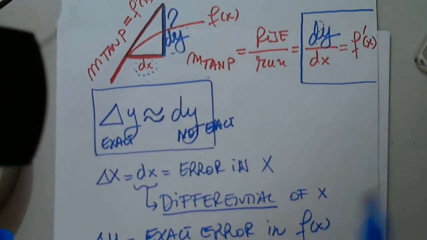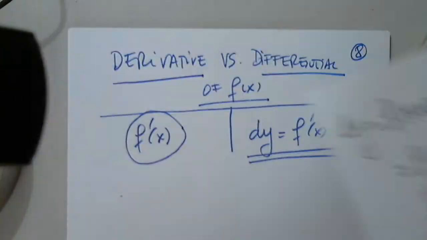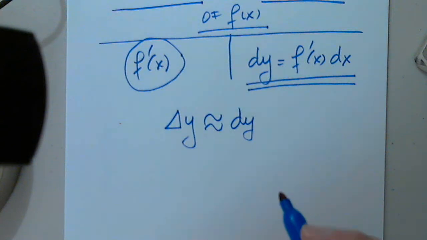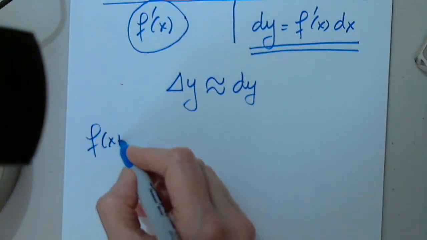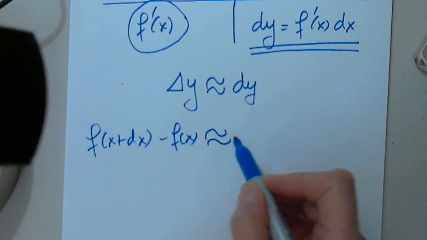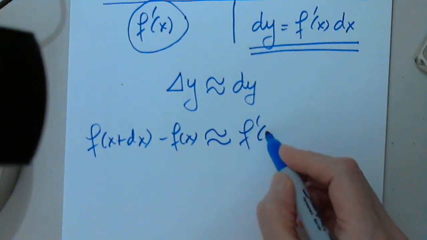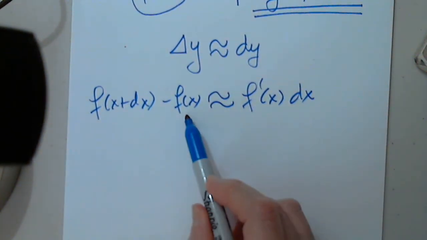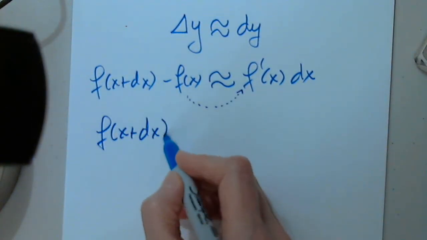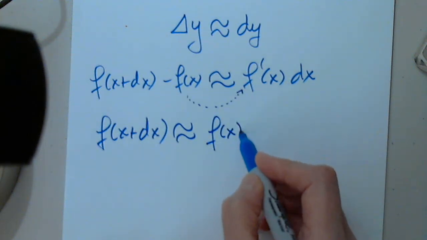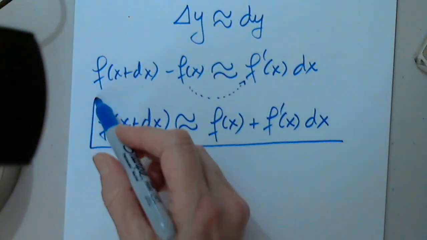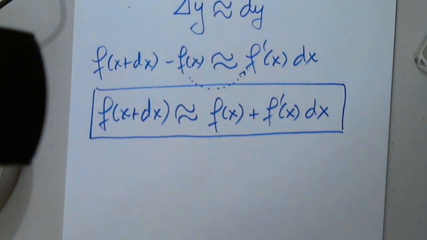Okay, so we discovered this relationship. So then, delta y is approximately dy. This one we already know is f of x plus dx minus f of x. You gave it to me when we talked about it. The approximate symbol, we already know what this is. So this is f prime of x dx. Yes, I'm going to move this to the other side. So I have f of x plus dx is approximately f of x plus f prime of x dx. Super important. And it will follow with an application right